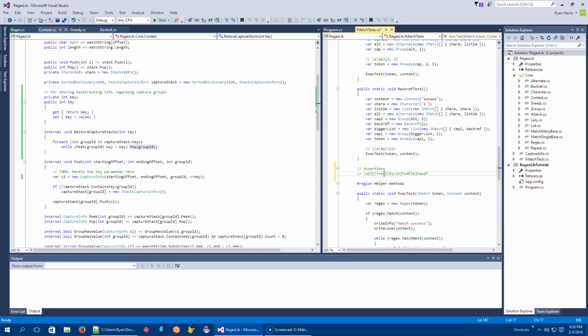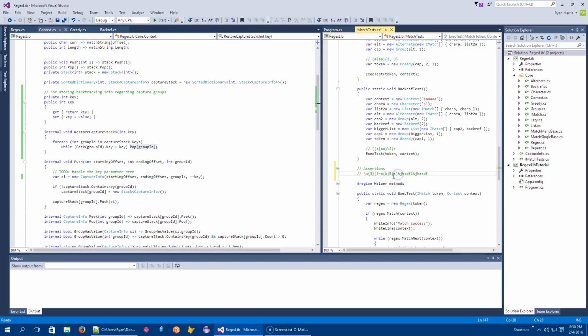So when we start matching, we're also going to take a snapshot of how big the stack is at this point. And if we completely match the stack, then we're going to pop all of the values back off the stack until it's the appropriate length. And that will restore all of the appropriate state back to the context, with the notable exception of retaining the actual capture info.